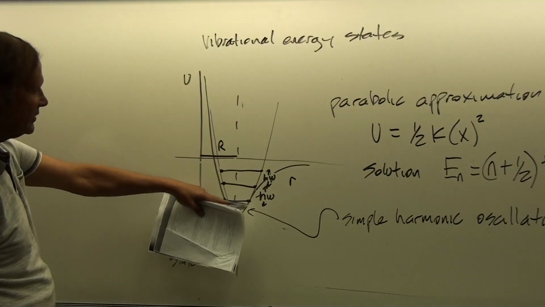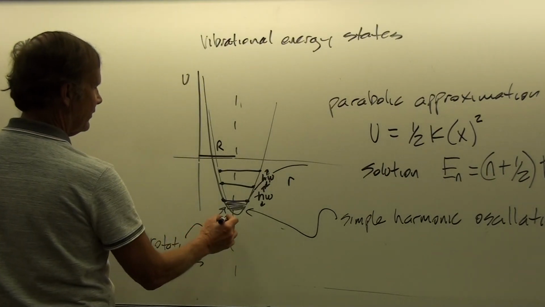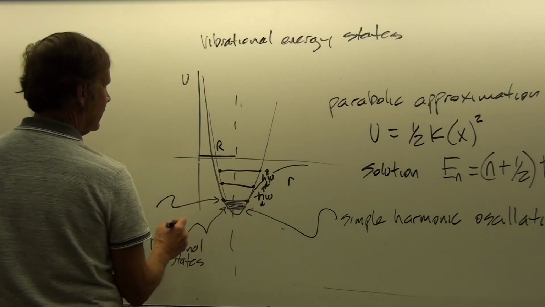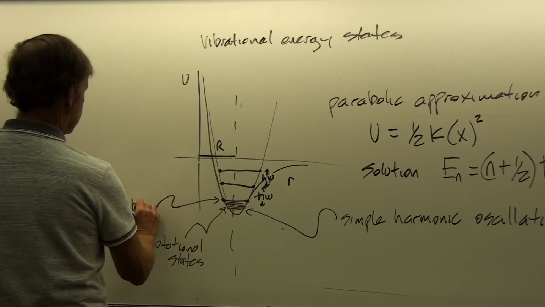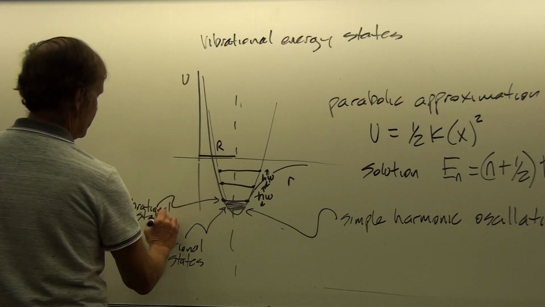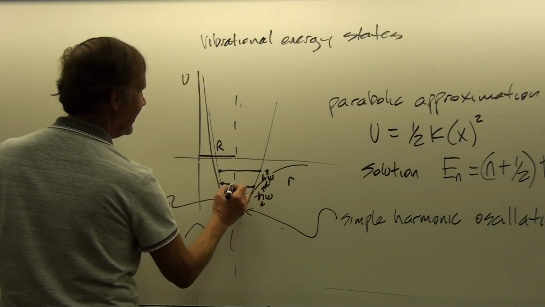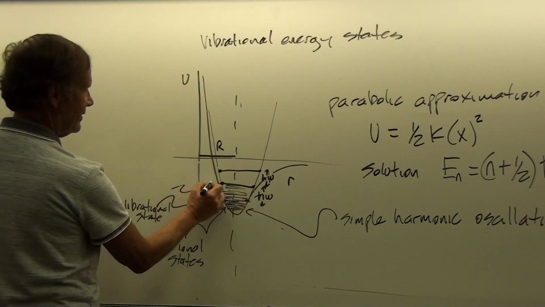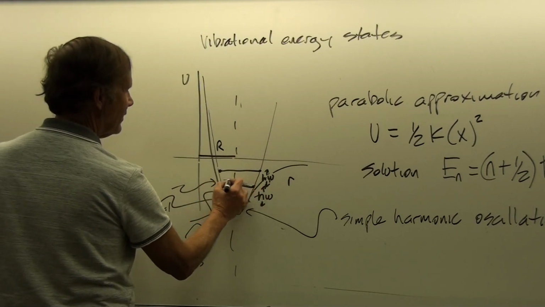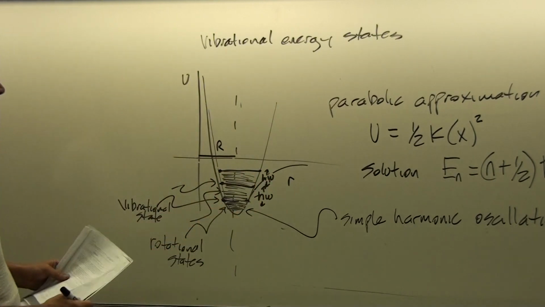And these rotational states have a difference in energy on the order of maybe 1/10,000th of an electron volt. But then interspersed are the vibrational states. Then we'd have a few more thousand of these rotational states, and then another vibrational state. And then a few more thousand, tens of thousands of rotational states, and then another vibrational state.